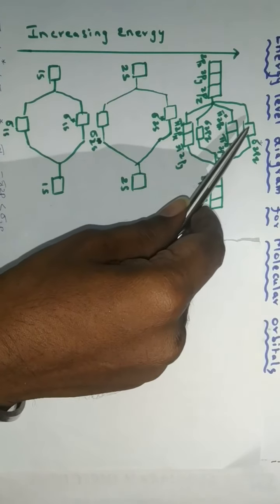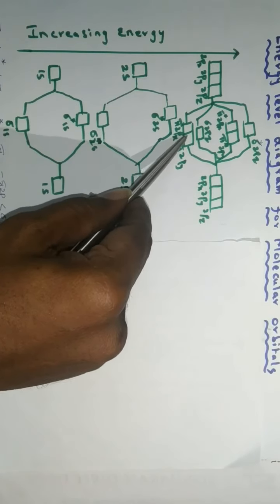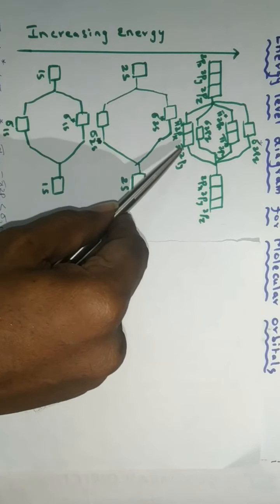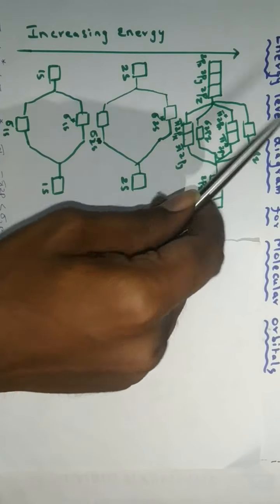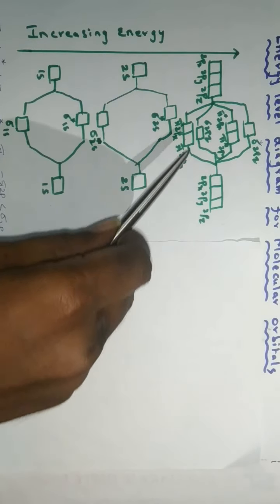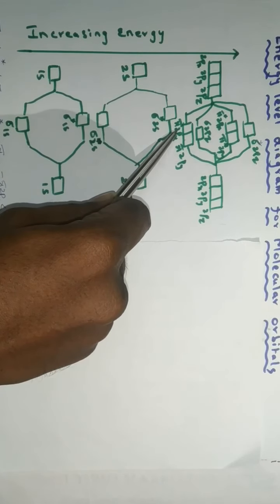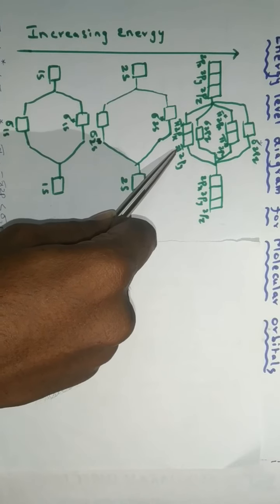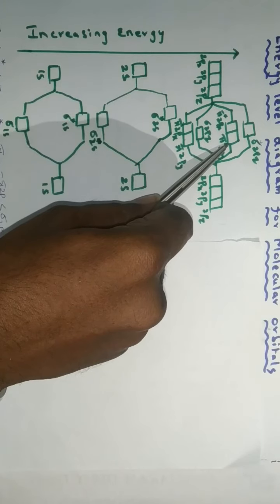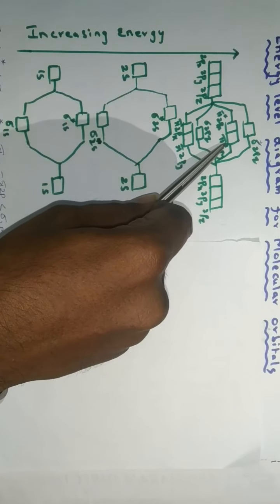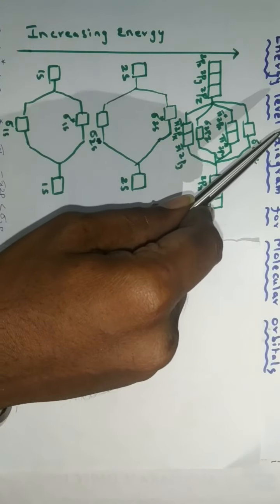Further, out of the 6 molecular orbitals formed by the combination of p orbitals, pi 2px and pi 2py have the lowest energy and sigma star 2pz has the highest energy. The energy of sigma 2pz is higher than that of pi 2px and pi 2py, and the energies of pi star 2px and pi star 2py are in between the energies of sigma 2pz and sigma star 2pz.